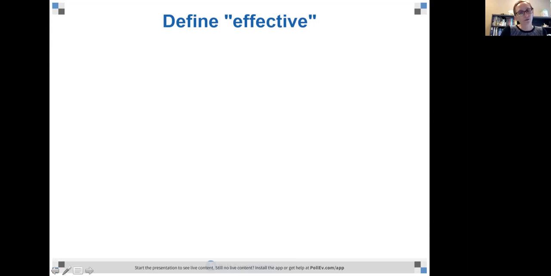So in theory, if this is working, although I am a little skeptical, you should be able to text Kelsey P591 to this number here, 37607 if you're in the States, and then a text message, and you should be able to answer this poll question if you have a one-word definition for what makes something effective. And we'll see if it works, if we get any responses. And if it doesn't work, then I'll have you guys just type it in the chat box, because we can improvise if we have to.